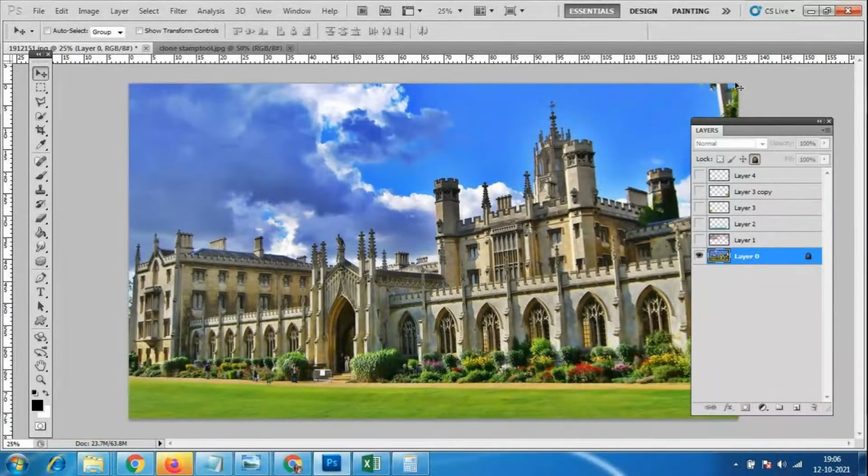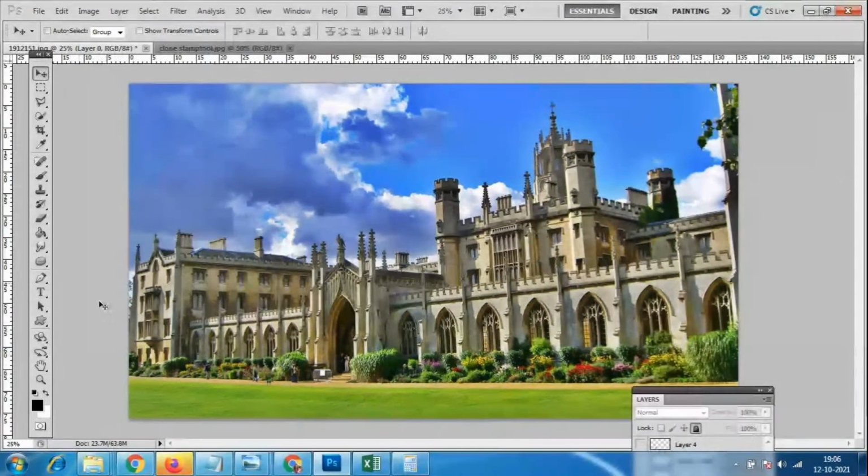So now I want this palace. I'll select this palace, only this much. Roughly I'm selecting. I don't want the sky and all, only this roughly. Later you can use this eraser tool and make the changes.